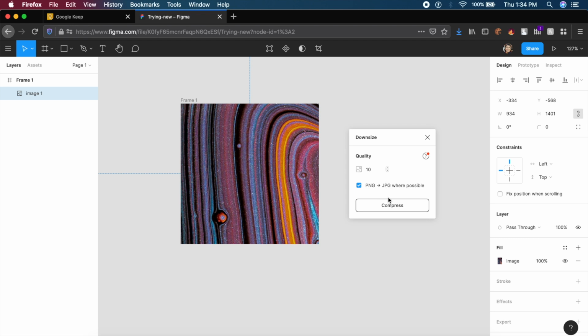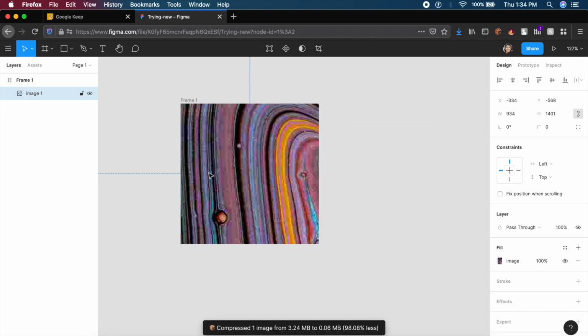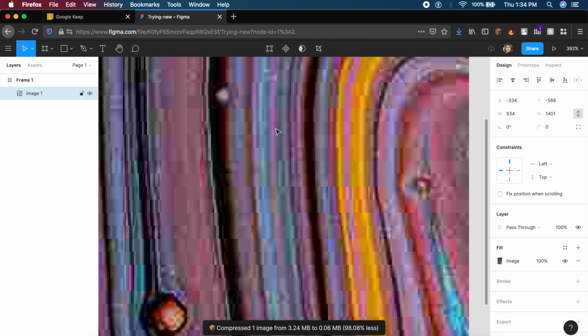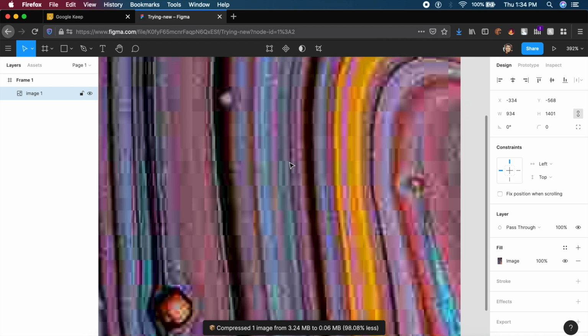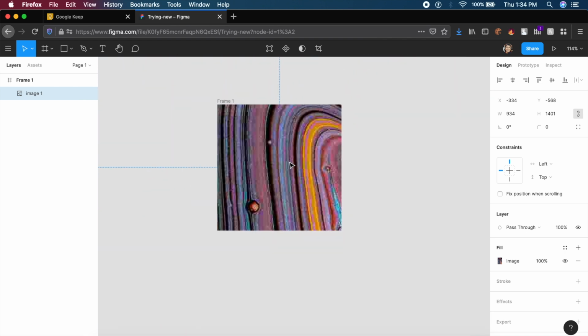Once I've done with that, I can quickly say compress, and it basically compresses my image right here without exporting anything. See how the image is now very pixelated because I changed it to the lowest setting. But in case you're exporting something which doesn't get pixelated a lot, or you just need to downsize it, this is the perfect plugin for you.